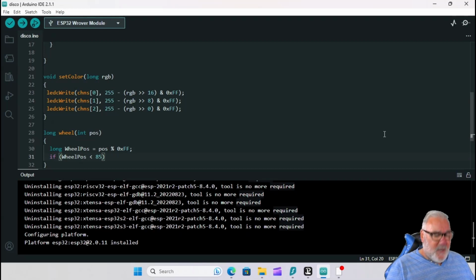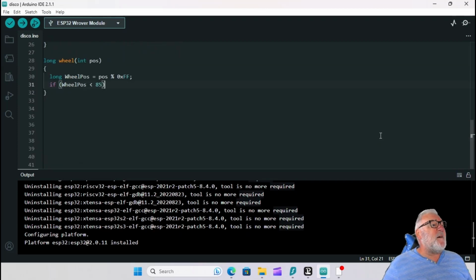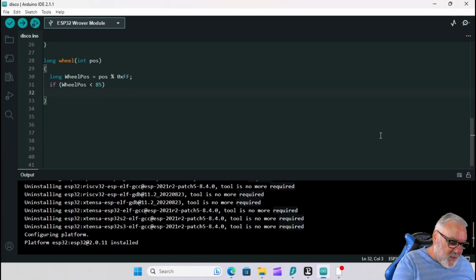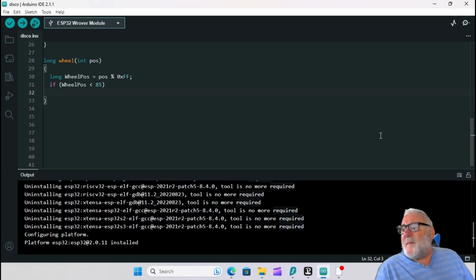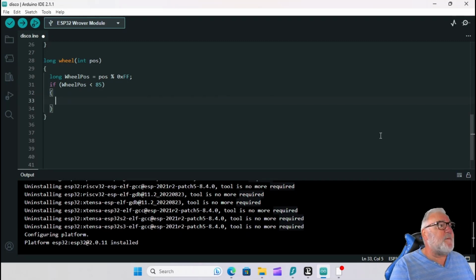Come outside the brackets, no semicolons, come down a bit so you can all see, no semicolons, enter, curly brackets. Oop, let's go back, curly brackets, enter. All right, curly brackets, enter, return,